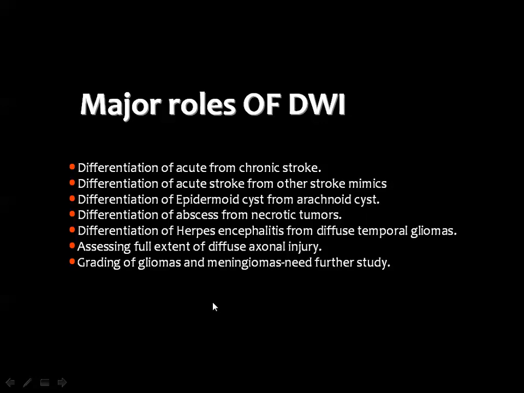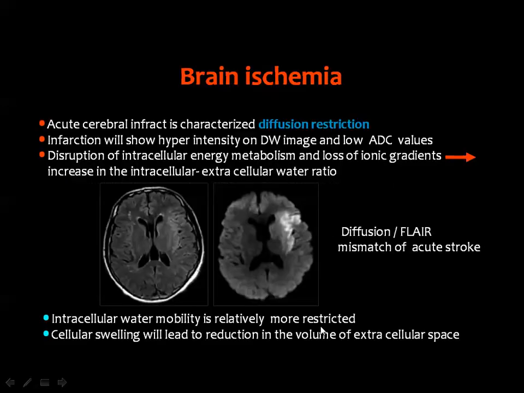Then what's said nowadays is that it is used in the grading of gliomas and also the differentiation between types of meningiomas, and this is actually under study. Then we start with one of the important values of diffusion imaging, which is brain